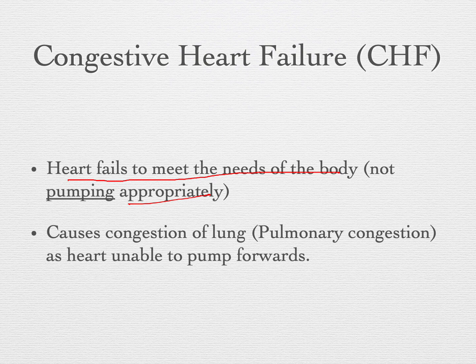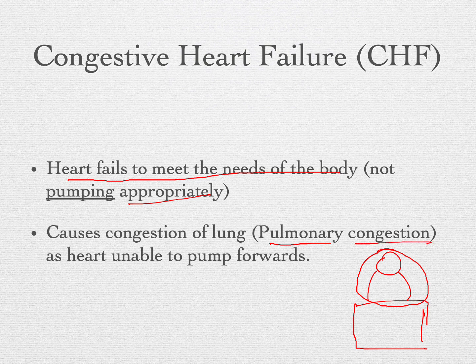Now, to picturize this, the heart receives blood from the lungs via the pulmonary artery and the pulmonary vein. In a condition where the heart is unable to pump the blood forwards into the systemic circulation, it will cause blood to accumulate in the pulmonary circulation, and this will result in a condition known as pulmonary congestion. So hence we arrive at the name congestive cardiac failure or congestive heart failure. With this we come to the end of the topic, the circulatory system.